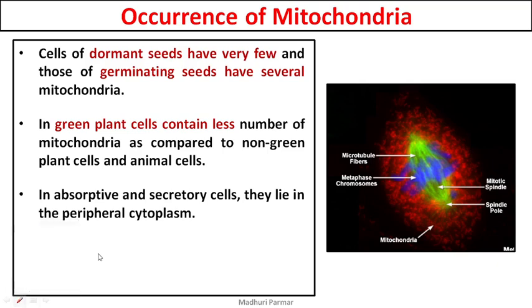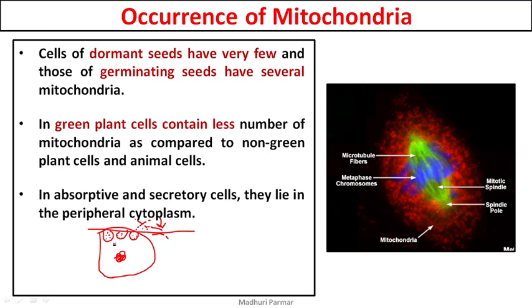Let me just draw very quickly. For example, this is the cell. And this is the nucleus. This is the surface where absorption is taking place or the secretion is taking place. Secretion will happen by exocytosis. These are the vesicles which are getting fused, and all of that protein, all of that secretion will be